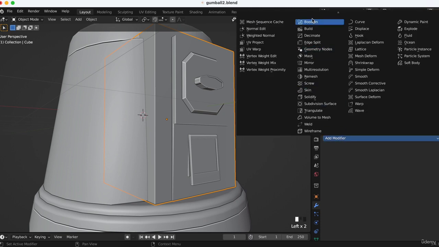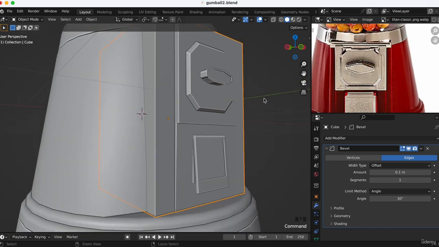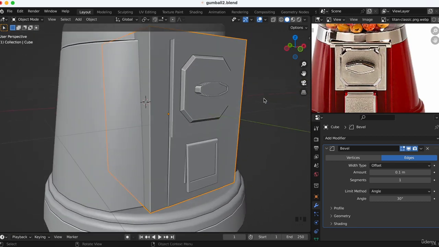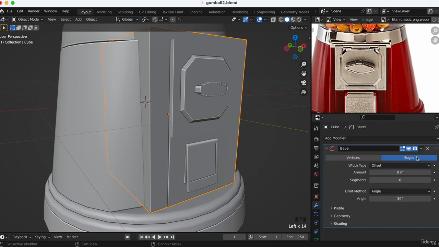Add modifier, and then we can choose bevel. Like this. It doesn't change anything. We check the scale at 1, so it's good. So when we put this, it doesn't change anything, so we need to